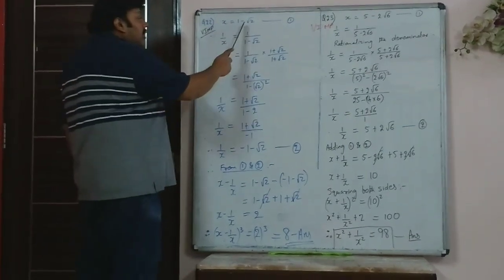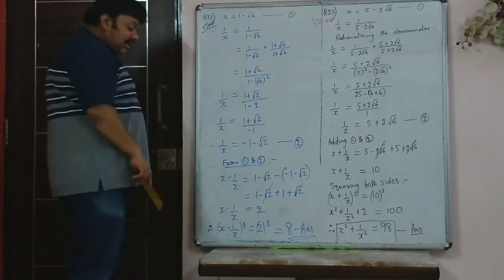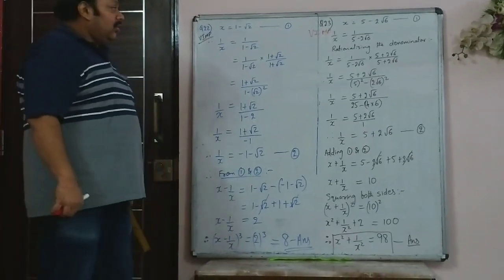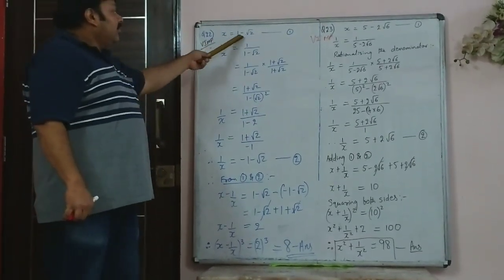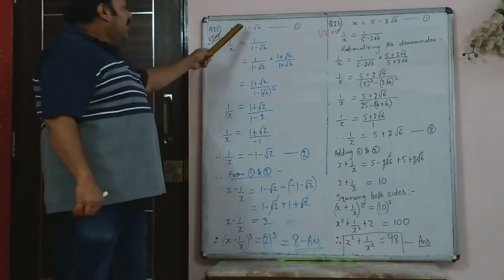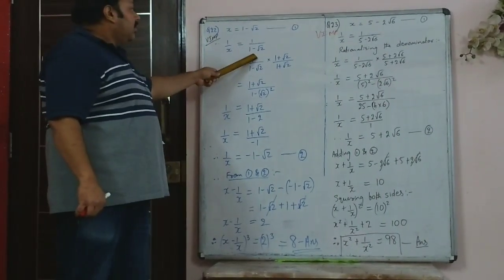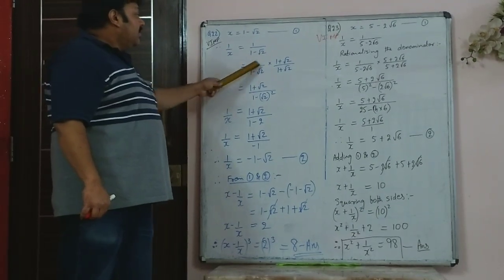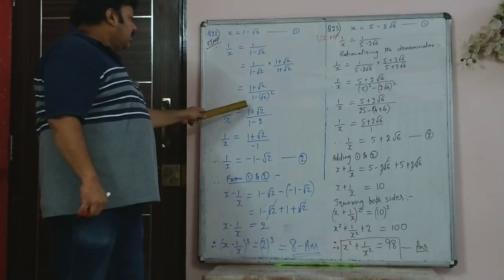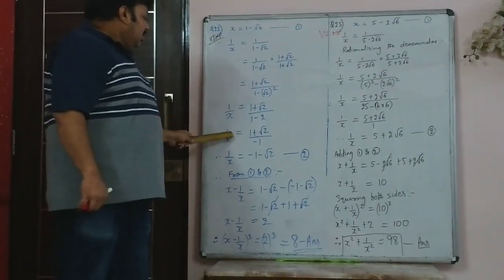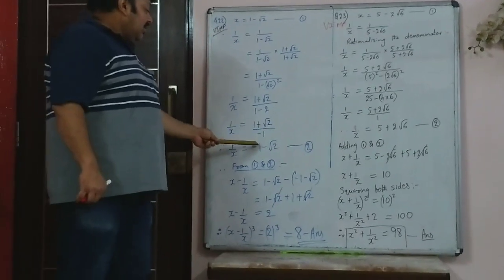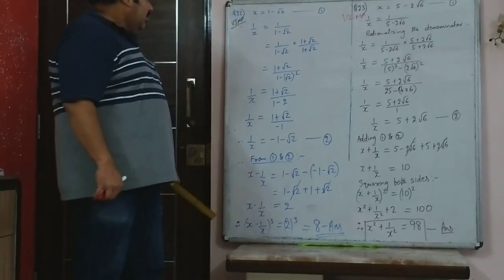They are important because you are asked something very simple. You are asked to find what is x minus 1 by x the whole cube. X is given, so now we need to find 1 by x. So when we find 1 by x, don't leave it here. We need to rationalize it. When we rationalize it and simplify it, 1 by x is 1 plus root 2 upon minus 1. So this can be written as minus 1 minus root 2.